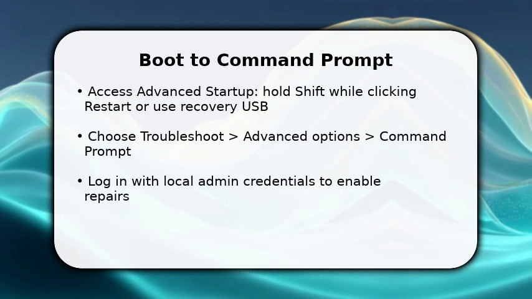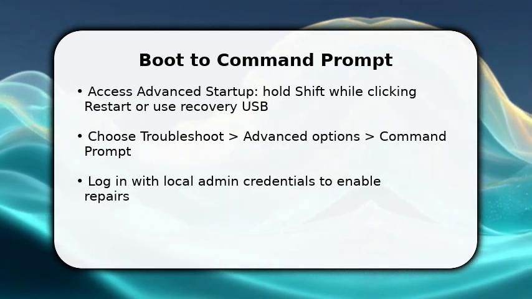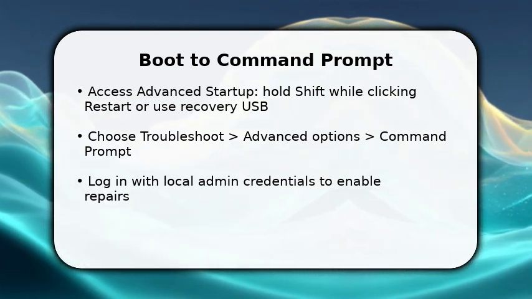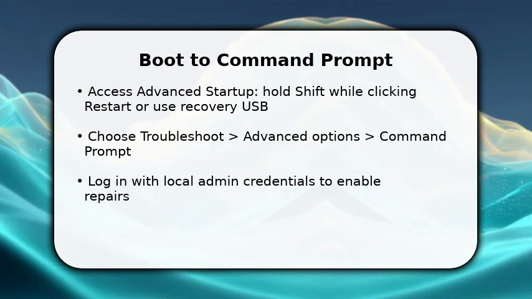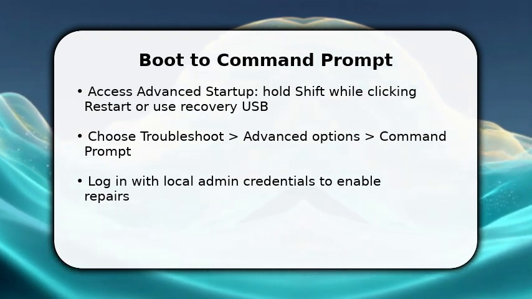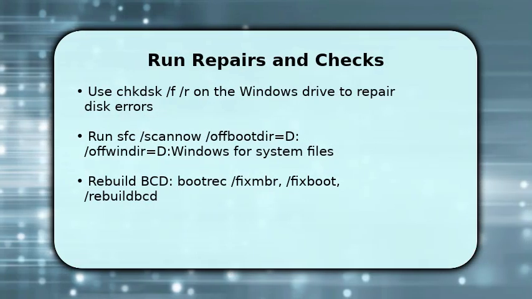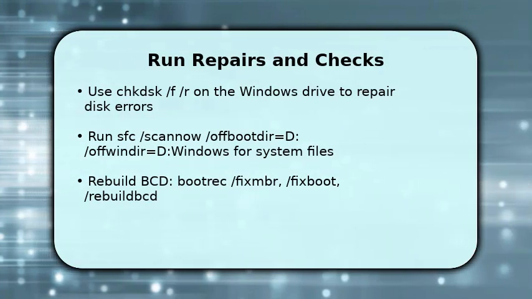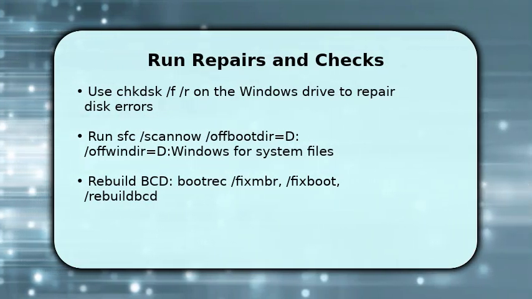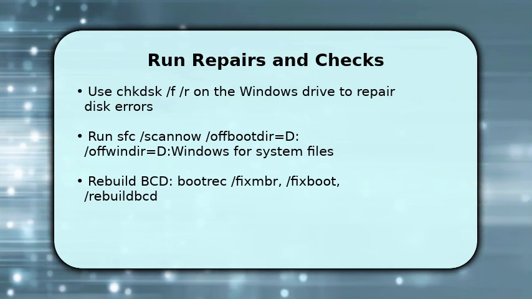Now that the command window is open, note the drive letter for your Windows installation. It may be D instead of C. With the prompt ready, you can run the first repair commands to check files and boot records. Start with disk integrity. Run chkdsk with the /F and /R flags against the Windows volume to fix bad sectors